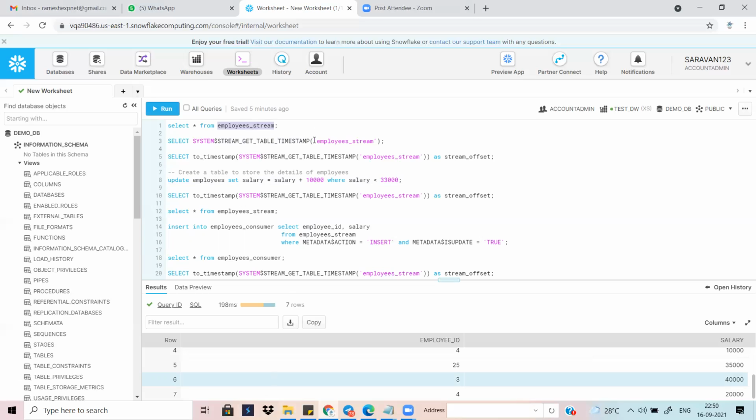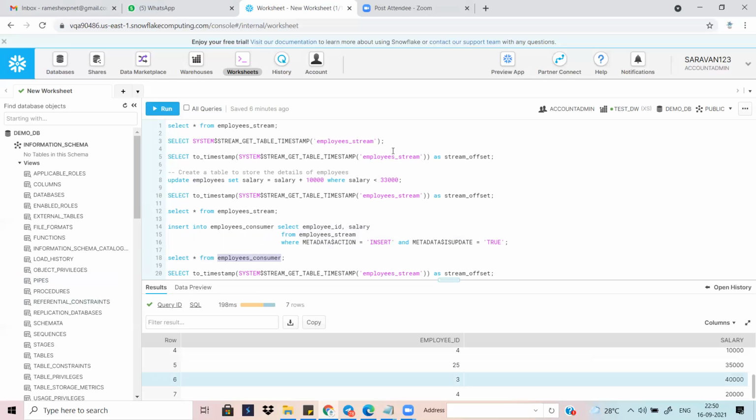If there are any changes in that employee table, your employee stream will be tracking those changes. You need to automate this, and push only those changes. Then those changed records will be moving over to our final table according to this condition.